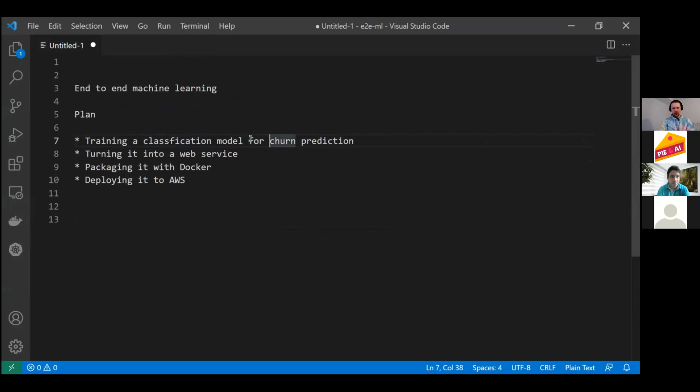And yeah, churn prediction is the process. Imagine that we work at a telecom company, a company that provides telecom services like phone, landline, mobile phone, internet connection, TV, I think also. Imagine we work at such a company, and we have some clients, some customers.